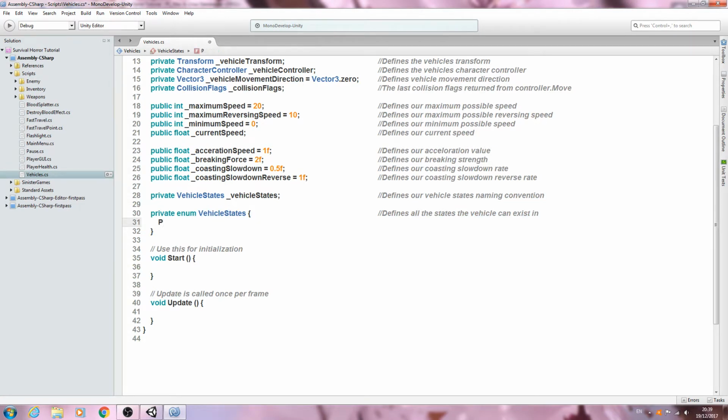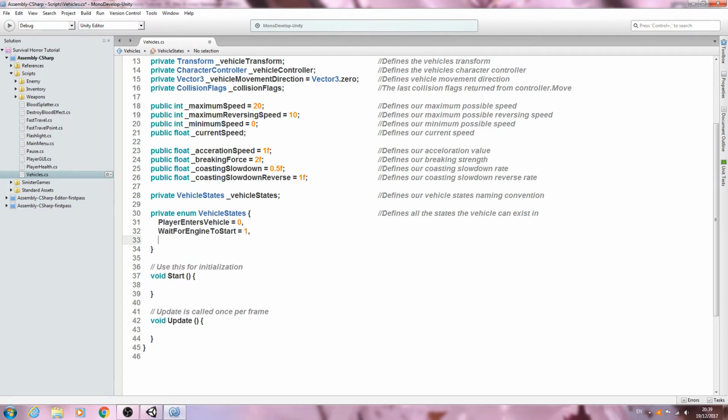So let's come in here and we'll give this a name, actually, of player enters vehicle equals 0, comma, and we've just got to keep going down. So wait for engine to start equals 1, vehicle idling 2,